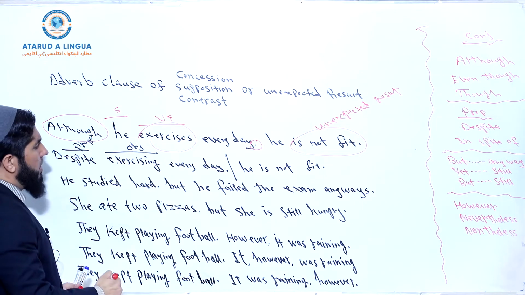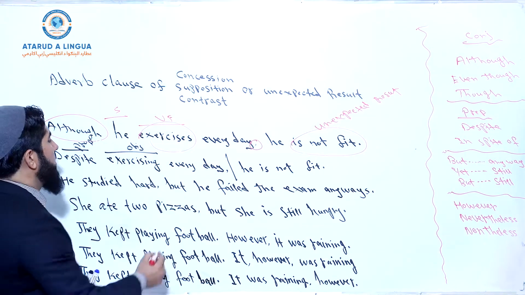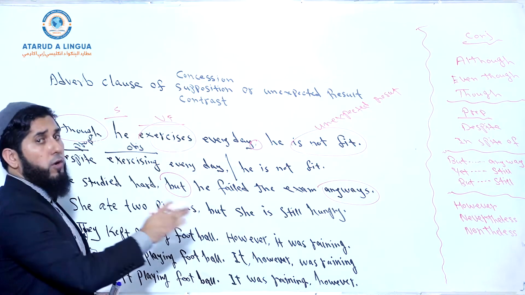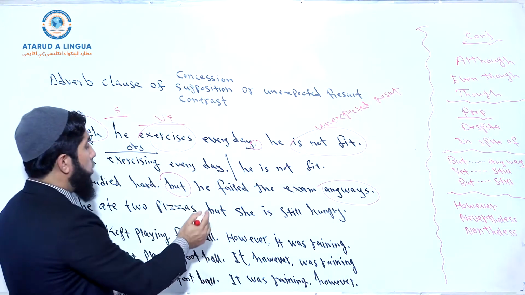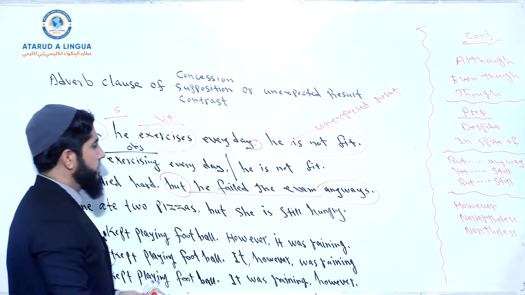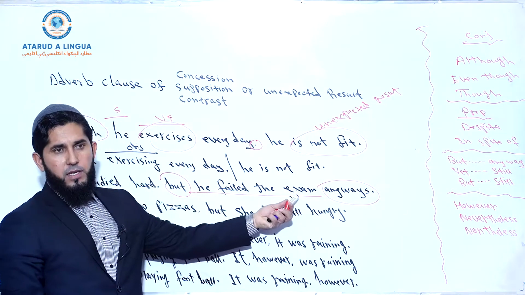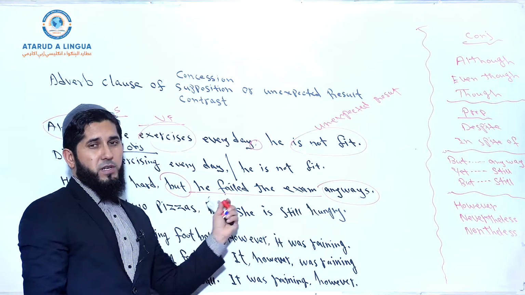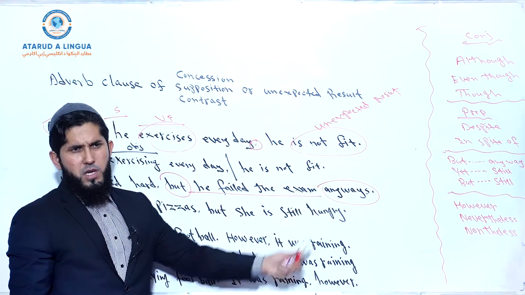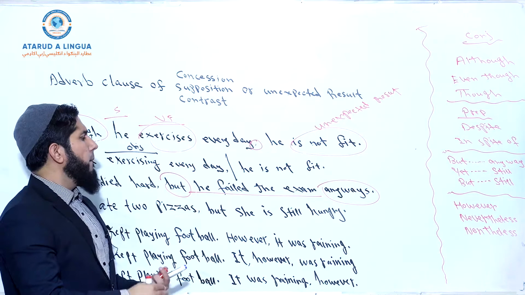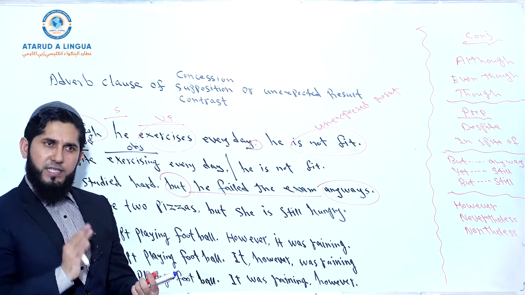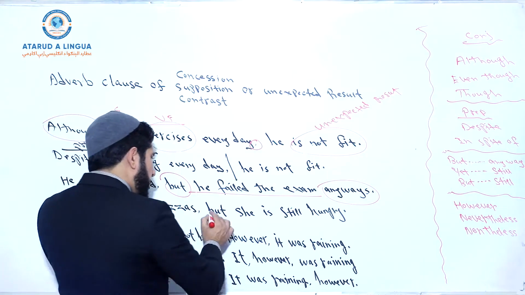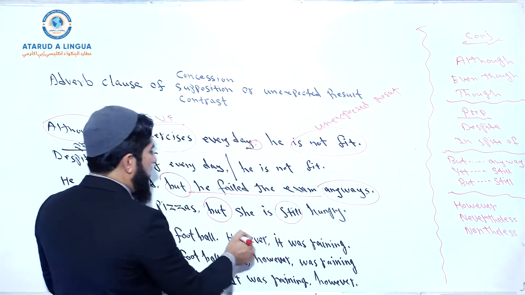He studied hard, but he failed the exam anyway. Look, when you use "but anyway" or "but anyways," the whole clause, subject plus verb plus the rest of the clause, comes between the two parts of this pair of conjunctions. Okay? But when you use "but still" or "yet still," then only the subject comes between them, and